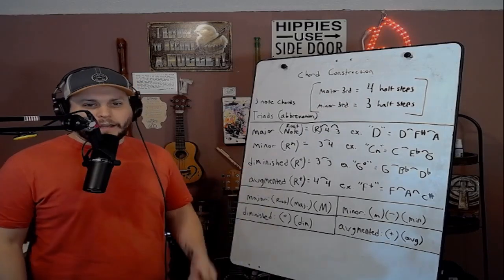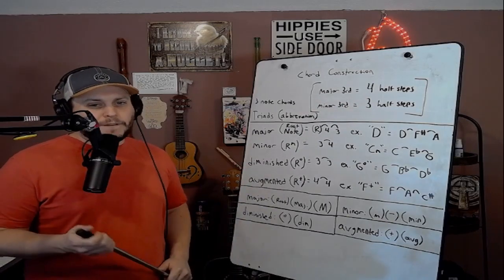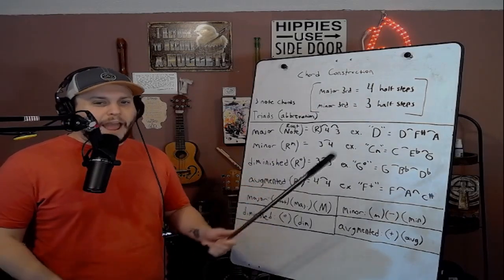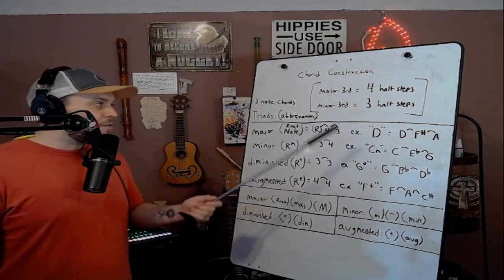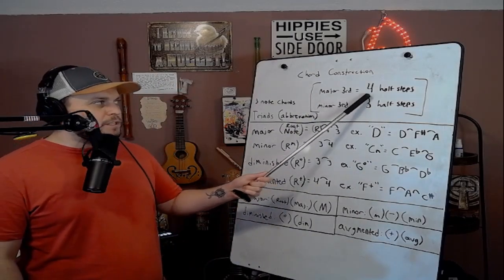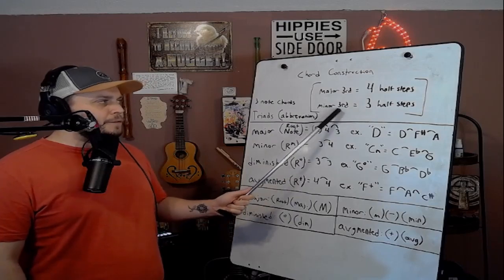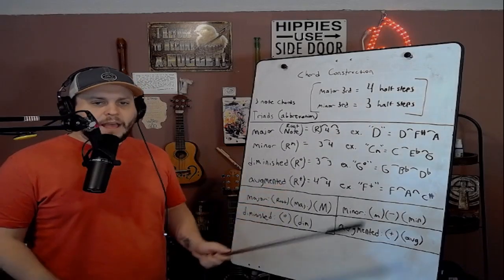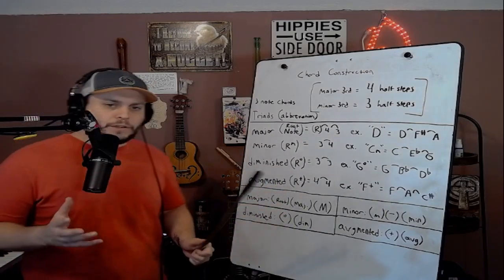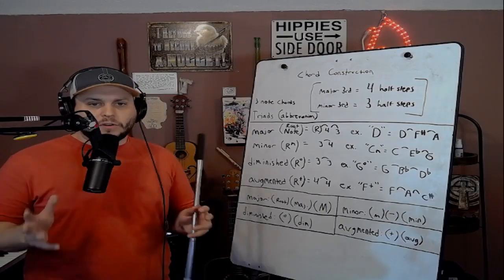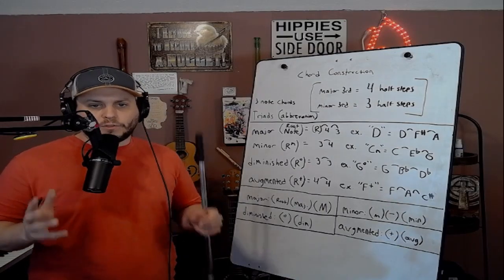Now, it means a thing in and of itself, but the true definition of an interval is the number of half steps. Now, we have these two intervals. We have a major third, which is 4 half steps, and a minor third, which is 3 half steps. And every single chord that I show you today is going to be a certain combination of those two intervals,